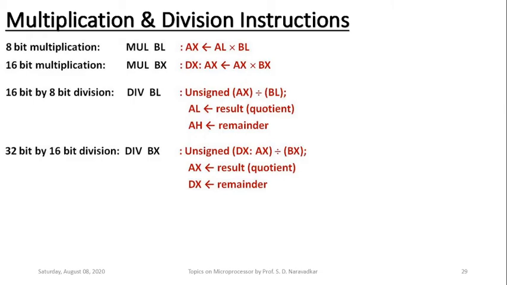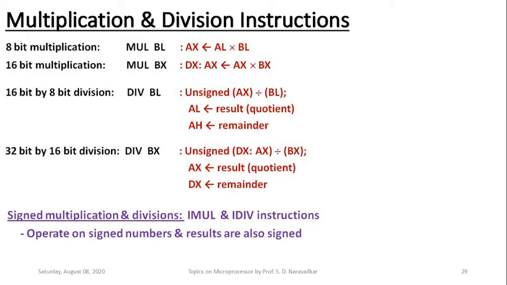Of course, with the help of the sign extension instruction, this operation can certainly be performed, but those are applicable for signed multiplication and signed division, which I want to write at the bottom here. Now at the bottom of this slide you will find signed multiplication and division. The instructions like MUL and DIV are not used. Instead, we are using IMUL and IDIV. These are the instructions which operate on signed numbers, and the result generated is also signed. It is clearly written at the bottom.